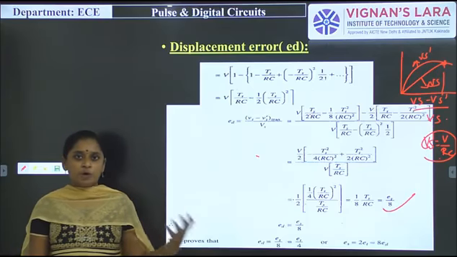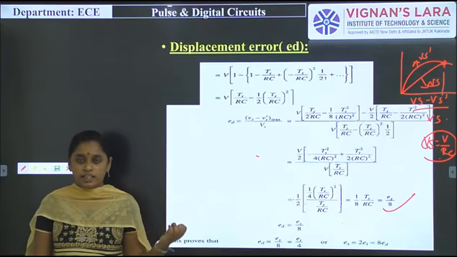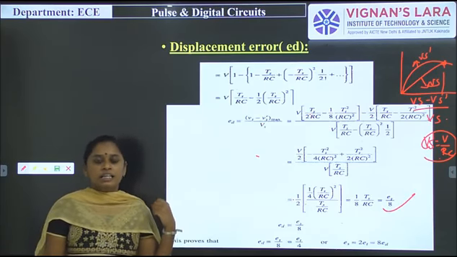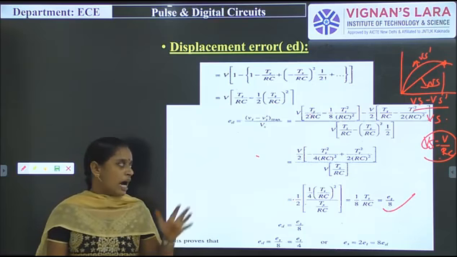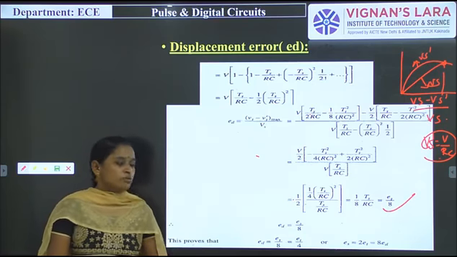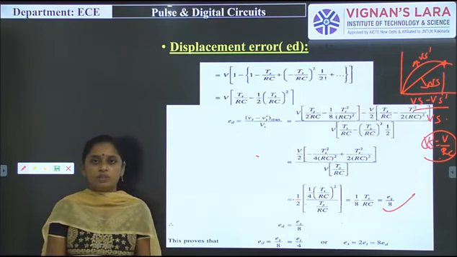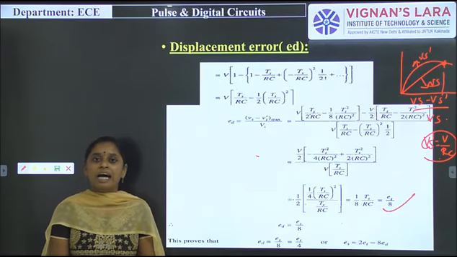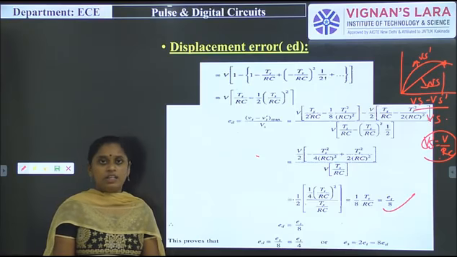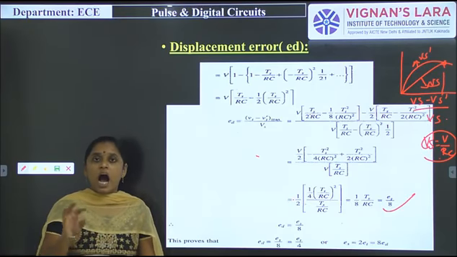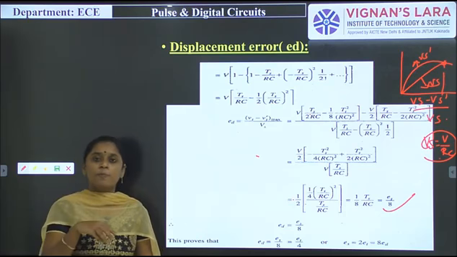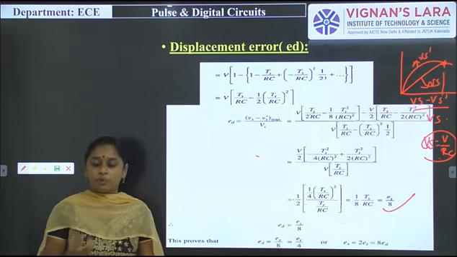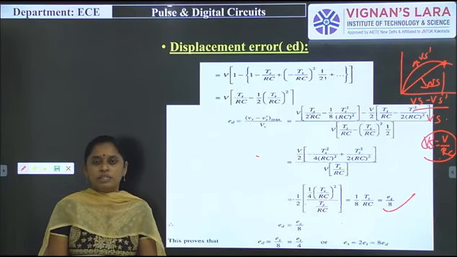So this is about the exponential sweep circuit, and what are the errors behind that exponential sweep circuit? What is the deviation from linearity we have to measure by using this. So in the next class we discuss another method, the bootstrap and Miller circuit, as well as another thing, that is what is meant by UJT, how UJT also produces a sweep circuit, nothing but a sweep signal. How this UJT can produce a sweep signal we will discuss in the next class.